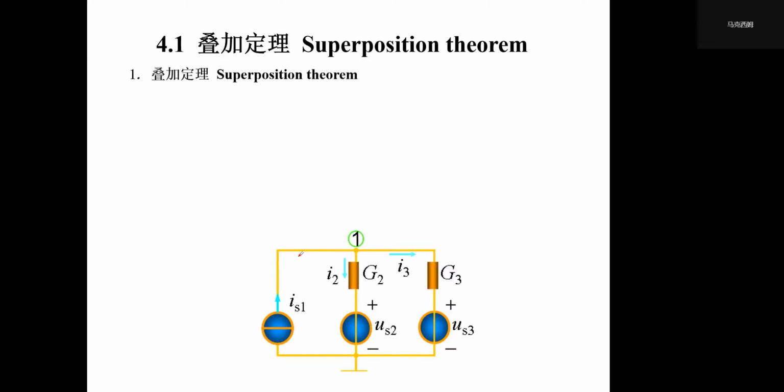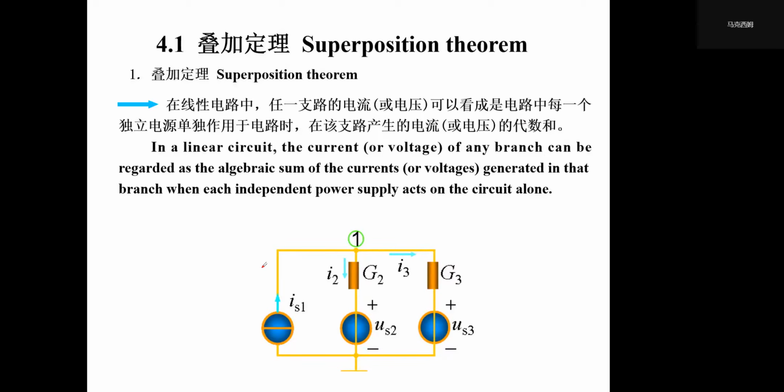It's too long to say, but it's very simple. For example, we have a circuit with voltage sources and one current source,